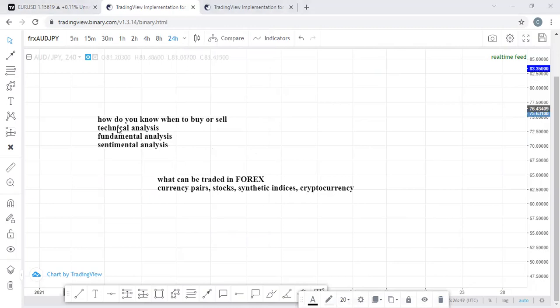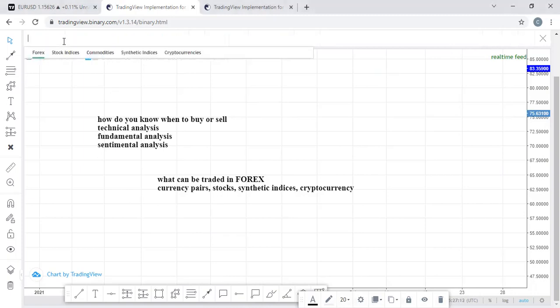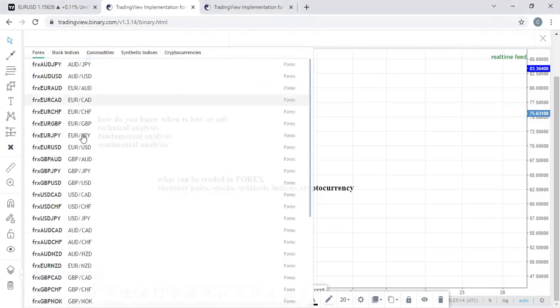Now, this is the technical analysis, or let me start from the fundamental analysis. Fundamental analysis refers to the nation's current state or the current environmental or economic happenings, right? So what I mean by that, for instance, let's go to that place. So this is the euro against the US dollar. If you're doing a fundamental analysis, you're believing that the euro is going to appreciate in value relative to